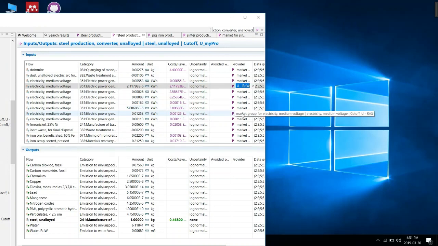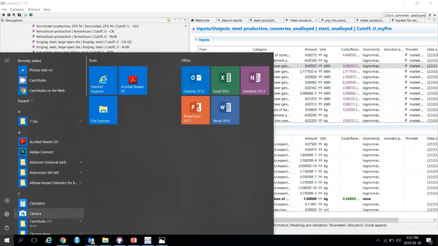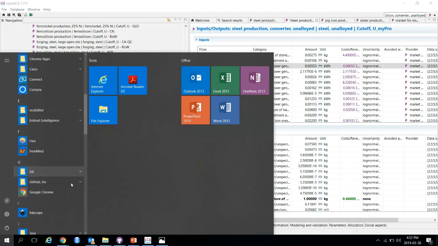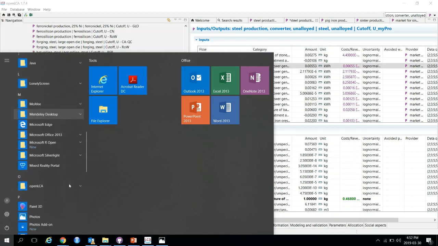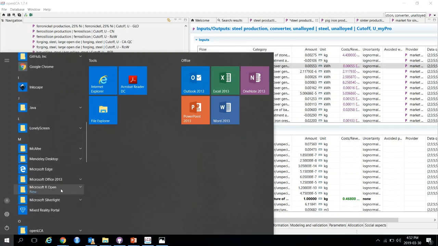New Zealand, RAS, not even sure what that one is. We can look it up though. Russia, this is for ferronickel now, but this doesn't make sense, right? For our process. What we need to do is aggregate this into one. So, for example, let's look at electricity. What we want to do is basically add it up. So what I would do then is open up Excel,